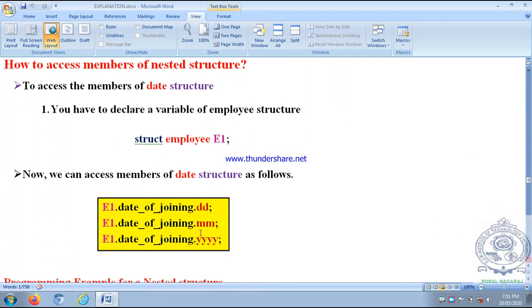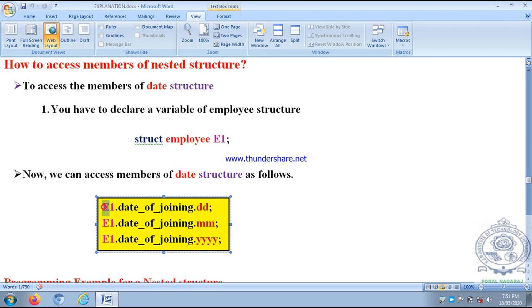E1.date_of_joining.dd. So here we use 2 dot operators, you can observe. For nested structures we use 2 dot operators. To access month, we'll say E1.date_of_joining.mm. To access year, E1.date_of_joining.yy.